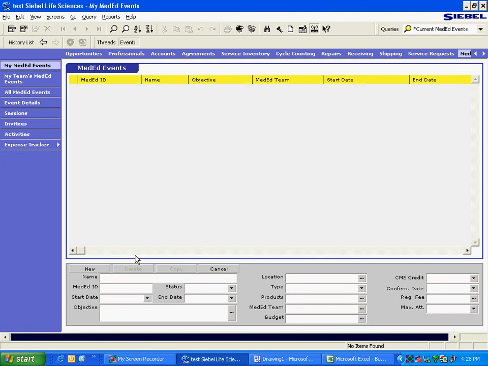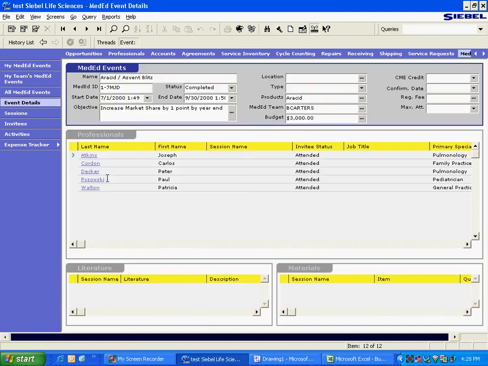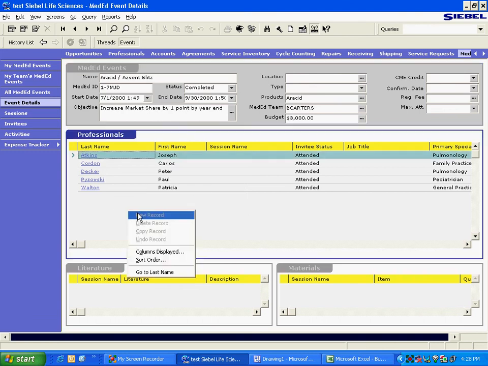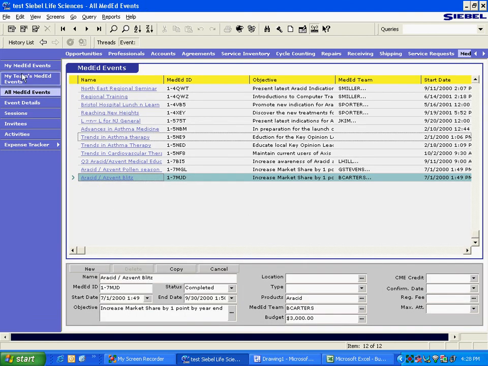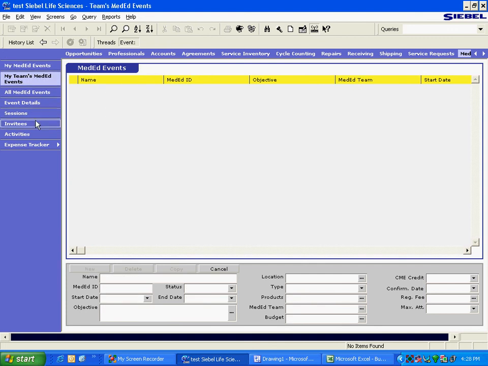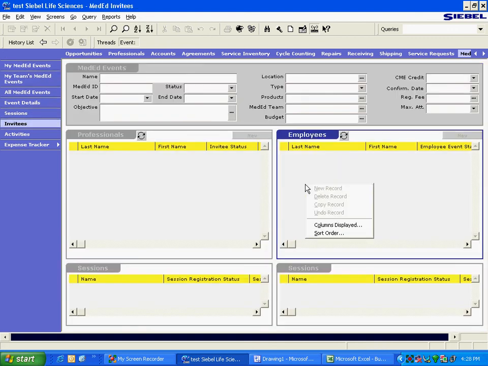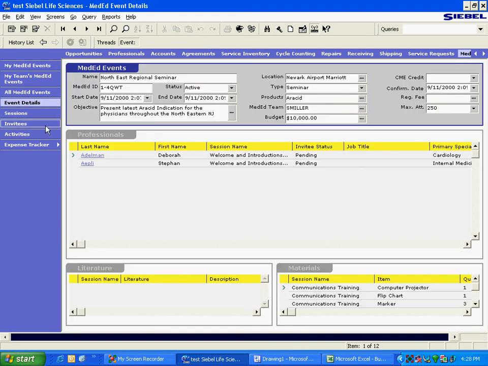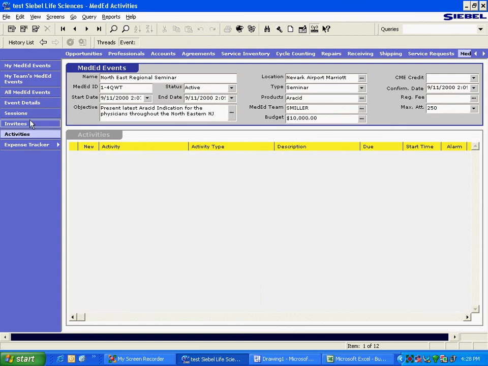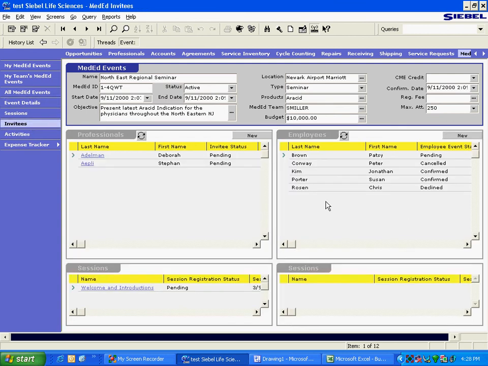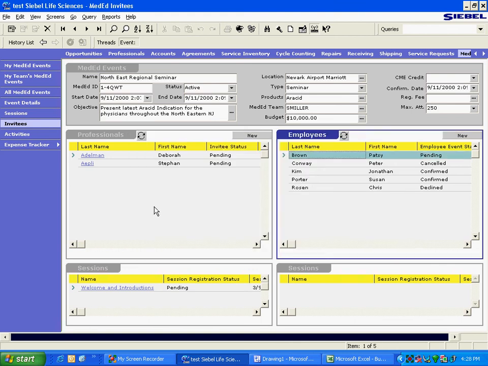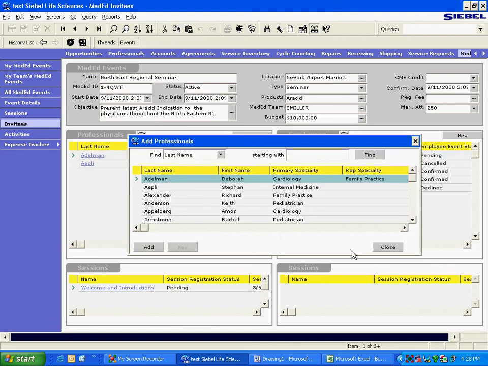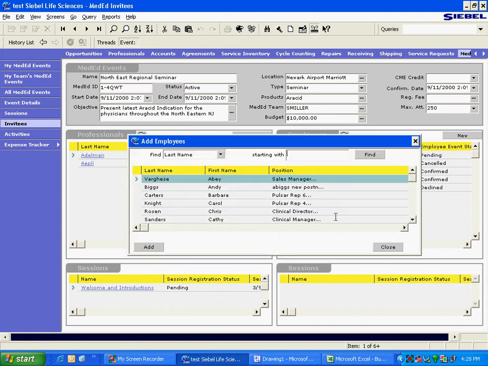Give me one second. There used to be a button here actually.